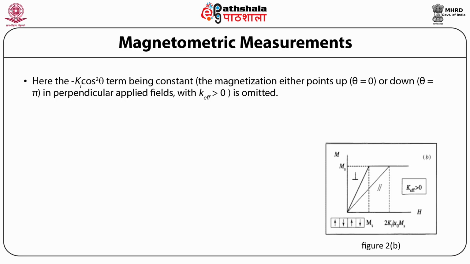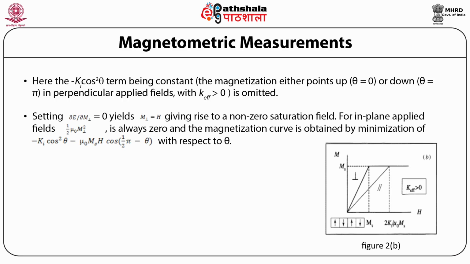Here, the minus Ki cos squared theta term being constant, that is, the magnetization either points up, which is theta equals 0, or down, which is theta equals pi, in perpendicular applied fields with K effective greater than 0, is omitted. Setting del E by del m perpendicular equals 0 yields m perpendicular equals H, giving rise to a non-zero saturation field. For in-plane applied fields, 1/2 mu naught m perpendicular squared is always 0, and the magnetization